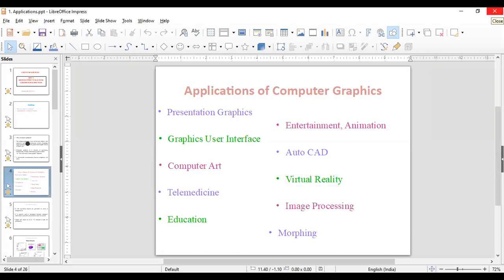Now in this topic, we are going to study some of the basic concepts related to computer graphics. We will see the basic concepts of computer graphics and some of the terms which are related to display devices. That is, what is a pixel, what is resolution, then aspect ratio, what is pixel depth, then color depth, frame buffer, then what is rasterization. Okay, so one by one we will see all of these points.